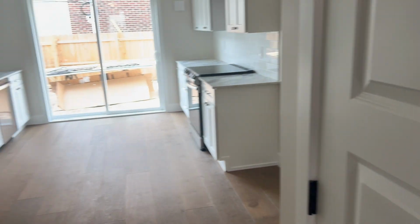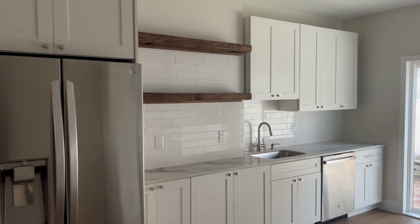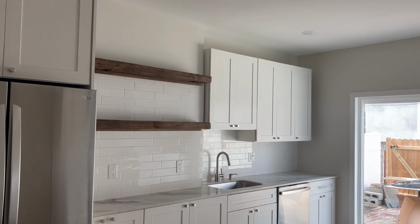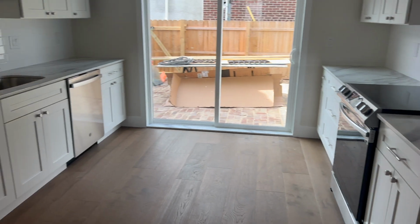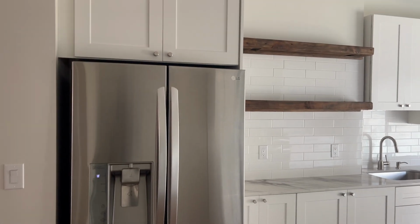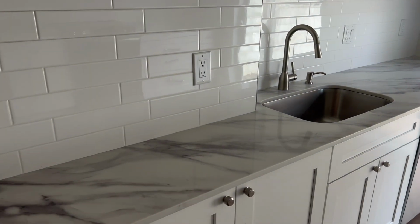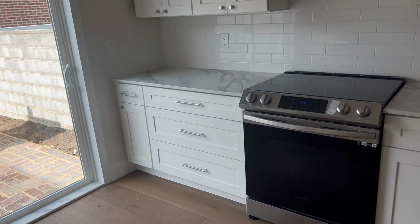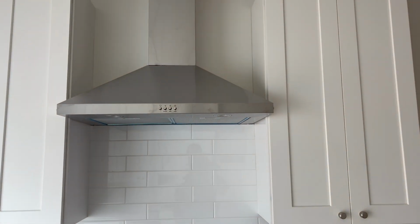Next to the basement door, you have your pantry in the kitchen. It has some construction material for the time being because they just finished renovating it. Then is your next place, a beautiful modern kitchen. You have plenty of storage cabinets on both sides. Stainless steel appliances. You have a double door refrigerator, a dishwasher, upgraded countertop, oven and cooktop. You have a range hood, a nice range hood,